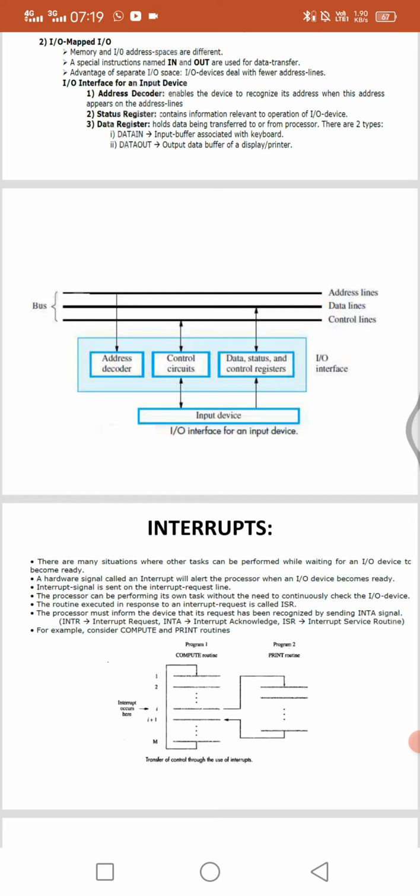Data-in is the input buffer associated with the keyboard. If you want to send any data to a computer, it is possible with the help of the keyboard, which is one of the input devices. With the help of Data-in, we send data to the system. With the help of Data-out, the output data buffer of the display or printer, we get the information on the screen or printer.